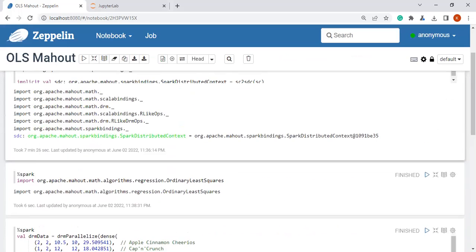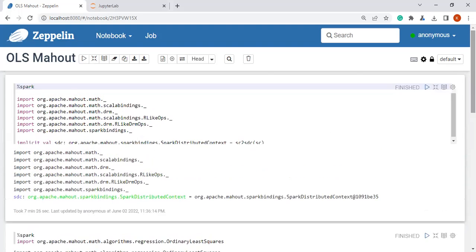Now, for other programs, there were a lot of methods which were deprecated, so not a lot of algorithms could be implemented in Mahout. However, I have implemented linear regression and OLS in Mahout, which are discussed in detail in the report. So I'll not be going over them in detail in this video. Now, let's move on to